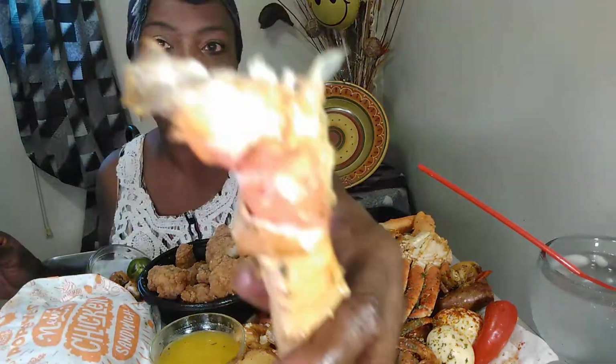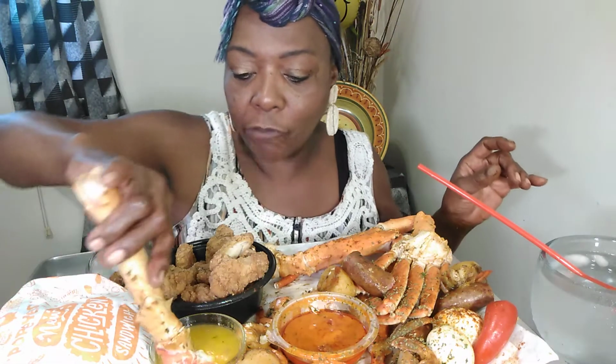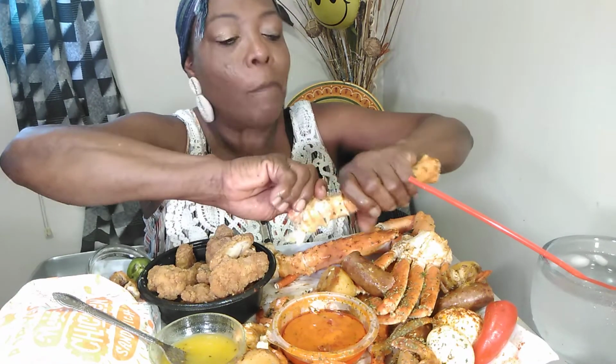So now, I got that king crab leg meat taken off, and I'm going to put it in the garlic butter. Ooh, twirl it around, y'all. I have my steamer pot here, but I turned it off because I didn't want it to steam up my camera. Oh, that just fell off, y'all. That's okay. I got a fork. Oh, that is so good. They did an awesome job cooking this. But anyway, go back to say that